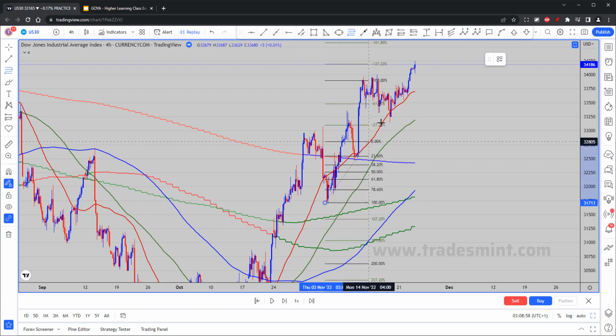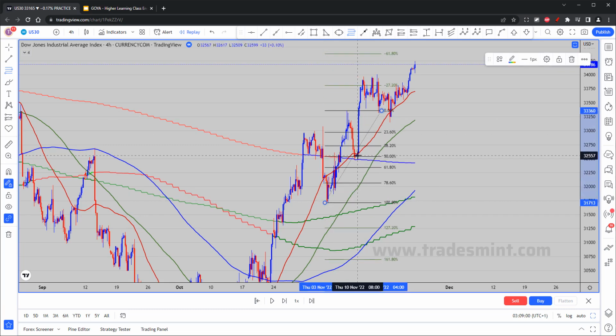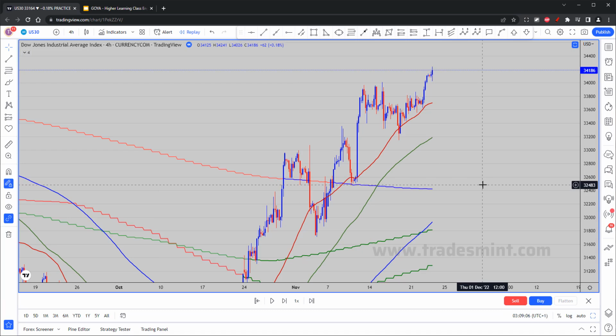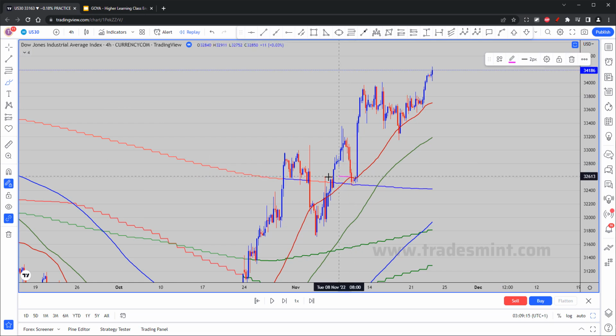Not because you could have done a fib like this, it's a 50 fib. That's not the reason why you entered the trade. Those were just the technical tools you used to confirm your trade and find the best possible price, okay? But you decided to buy US 30 Dow Jones, not because of this area of support, but because of this MA